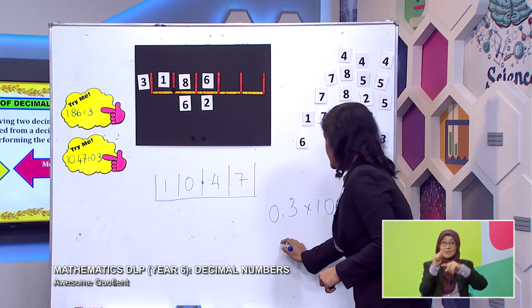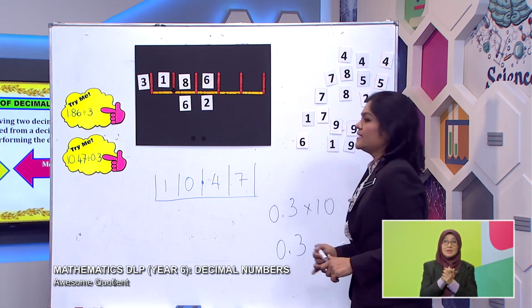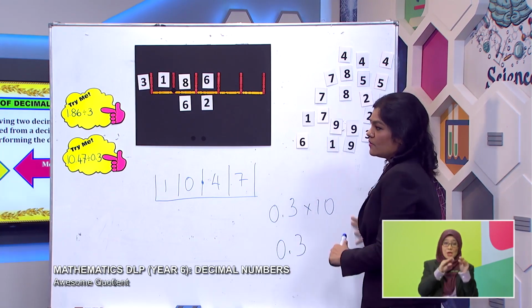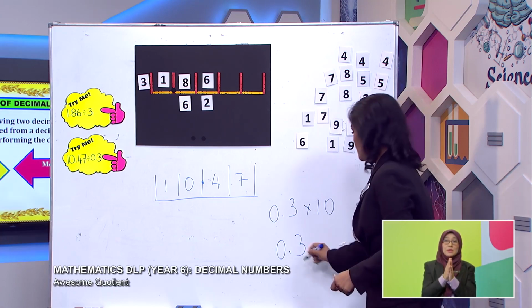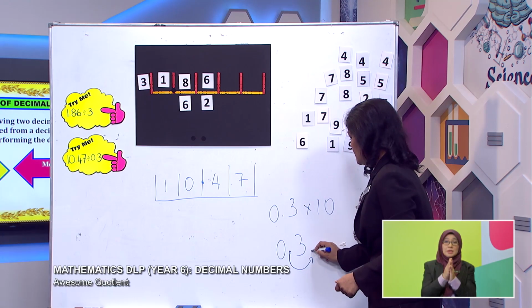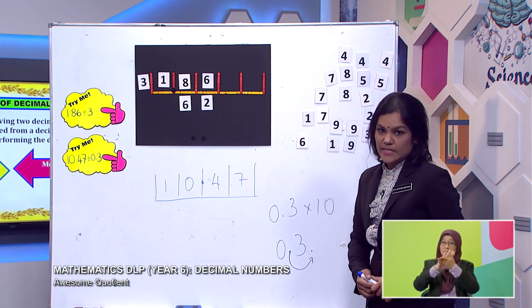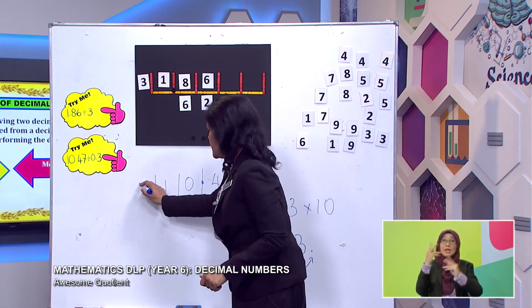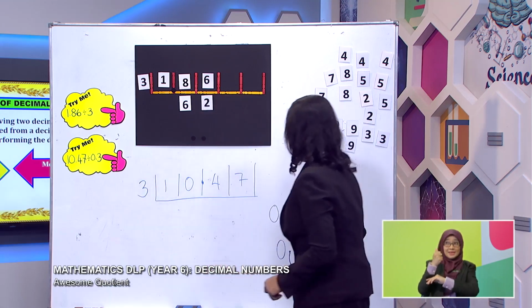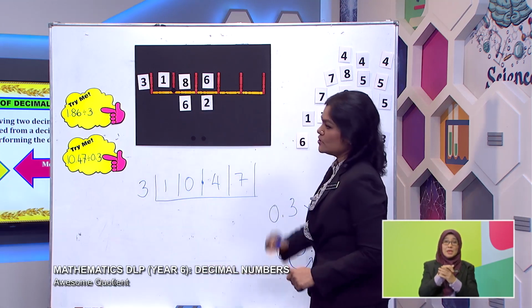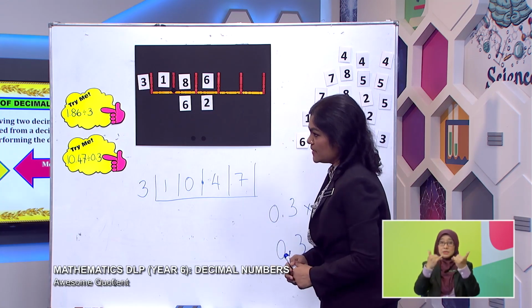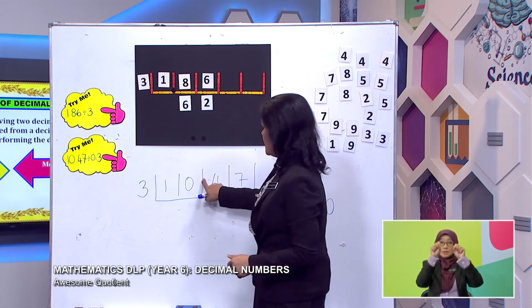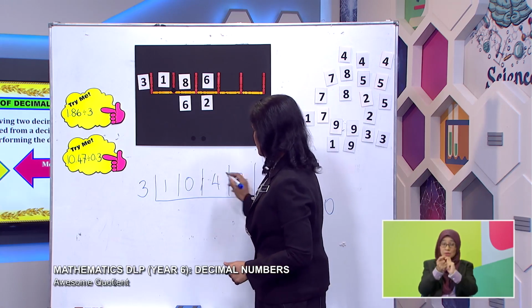Or the second method, I say move the decimal. So how many places can you move here? Just 1, because when you move 1, it becomes a whole number, that is 3. So we place the 3 here, and when you move 1 place here, the dividend also has to move 1 place. So now it's 104.7. Yes, the decimal should come here.